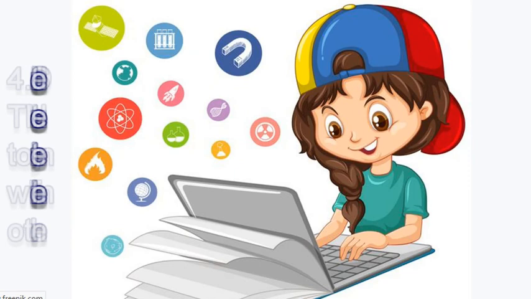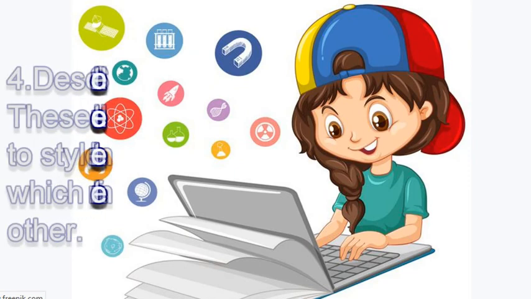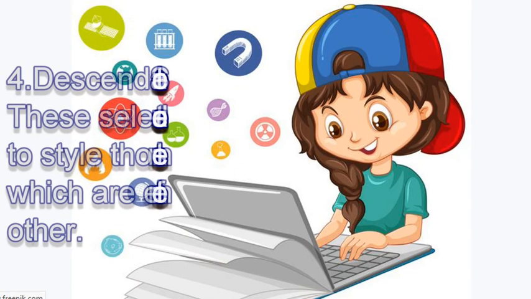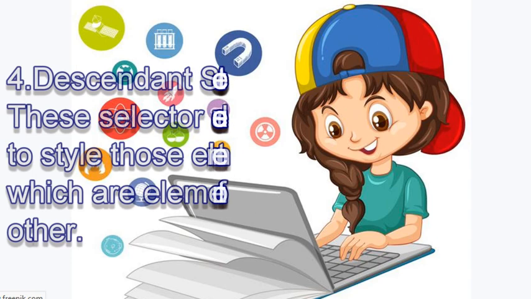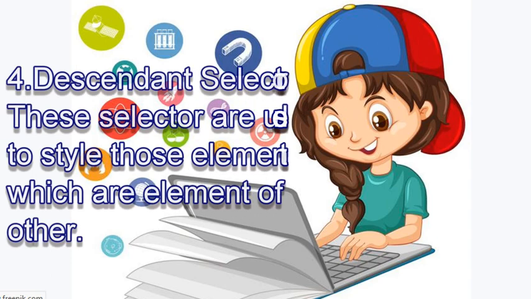Talking about the descendant selector, these selectors are used when we want to go deep into one element and from that element into another element. Basically, I have already declared an element. Suppose I have declared an element, say P. In that P element, I have declared an element, say B, meaning the paragraph in bold letters, or say H1. Whatever I have used in that, I want to perform the styling based upon that part only, meaning that particular attribute. So in that case, what are we going to use?